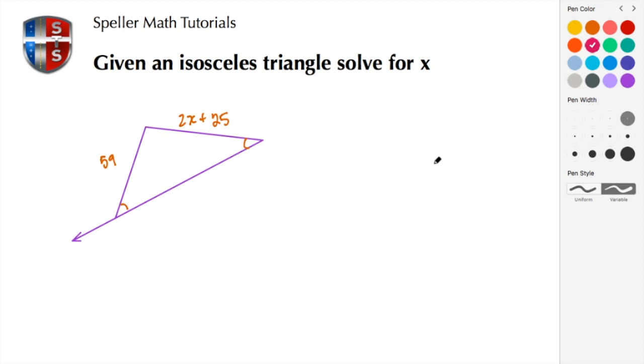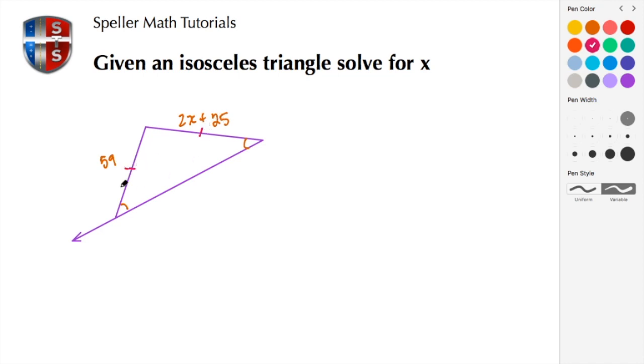With this particular problem, we have a diagram showing an isosceles triangle and we're seeing the lengths of the sides. If you remember the characteristics of an isosceles triangle, we know that two of the sides are congruent, and that also means that two of the angles are congruent. So in this example, we know that this angle here, even though we don't know what it is, and this one as well, the opposite sides have to be the same length or congruent.